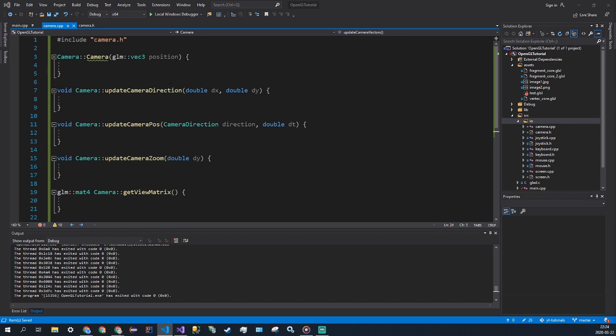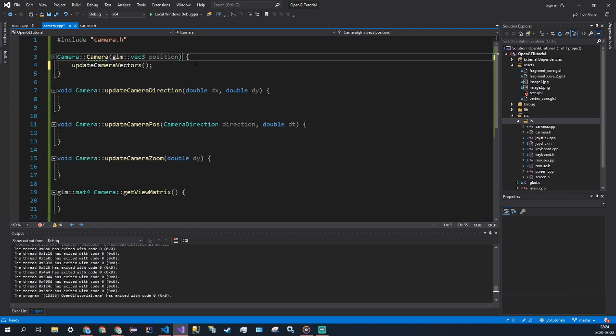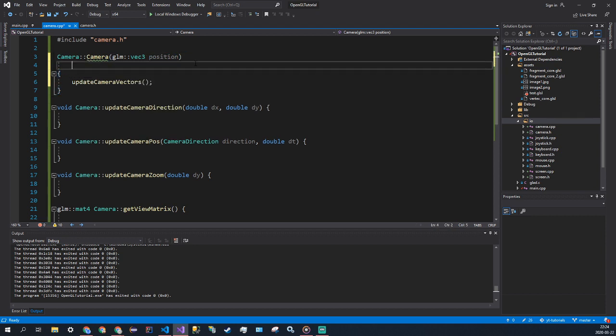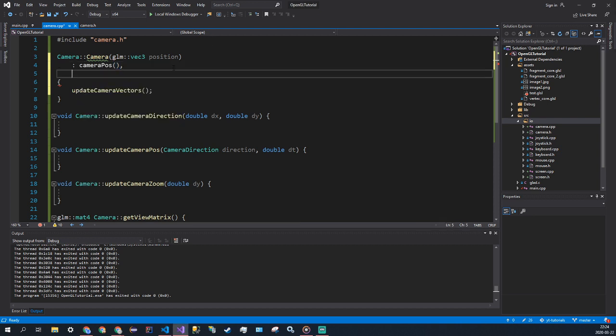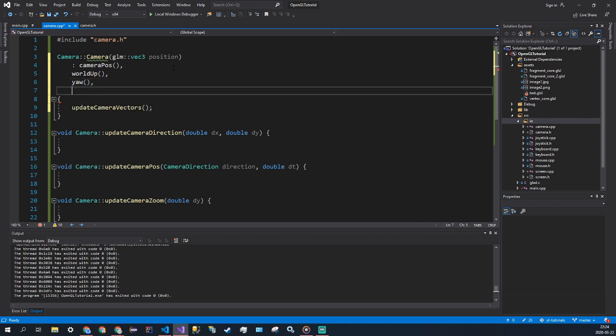Let's start with the constructor. So in the constructor, the only line we're going to have is update camera vectors. And then we also have to initialize a bunch of variables. So go ahead and allocate a couple lines. And then do the initializer list. I forget it's the colon, but I forget what it's called. So we want to initialize the camera position. We want to initialize the world up. We want to initialize yaw, pitch,